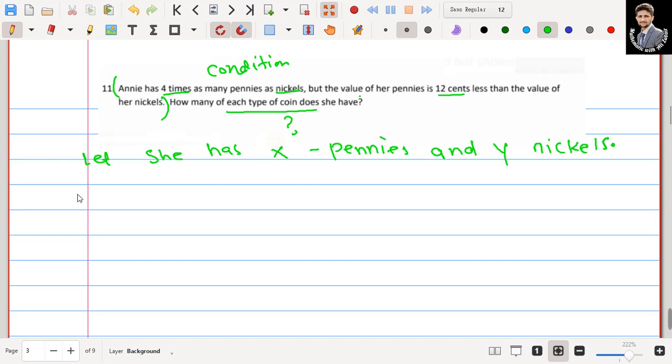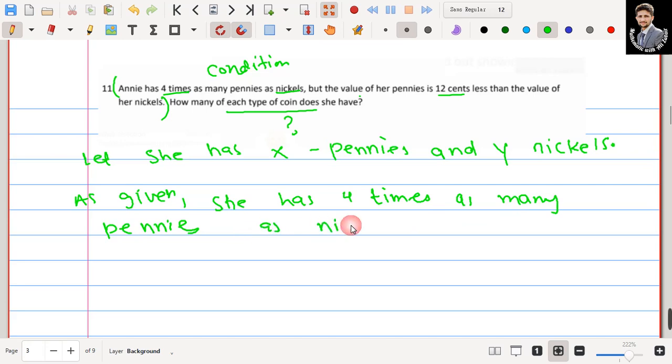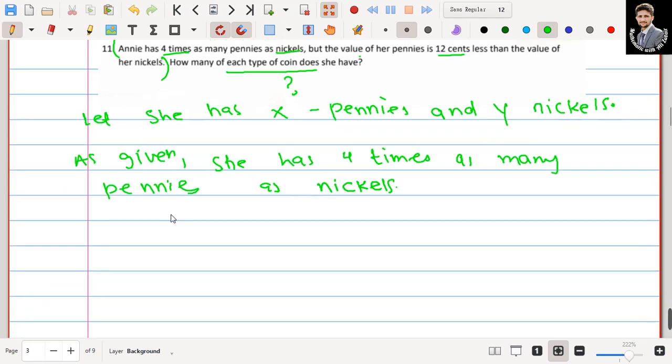Now as given in the question, Annie has 4 times as many pennies as nickels. 4 times means multiply. So simply in mathematical terms you can write this as x is equal to 4y. x is your pennies and y is your nickels. I write this statement as x is equal to 4y, and I am saying that this is my